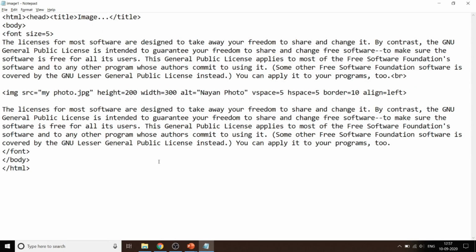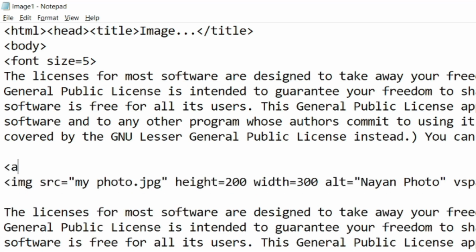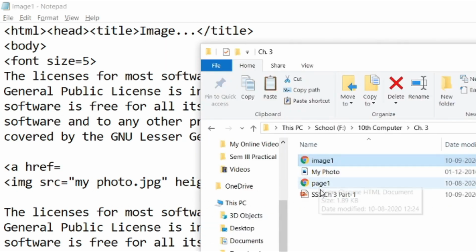Now we will see how we can use an image as a hotspot. If I want to create a link on this image, how can we create that? So we will introduce the anchor tag here. A href is equal to, suppose I have a file page1.html, as you can see, it is here in the folder.